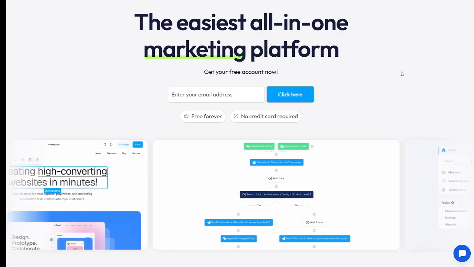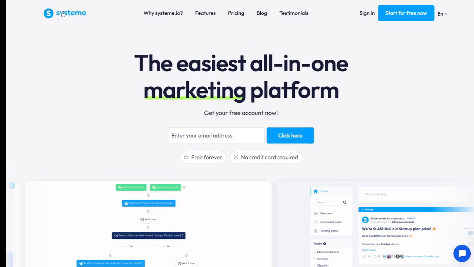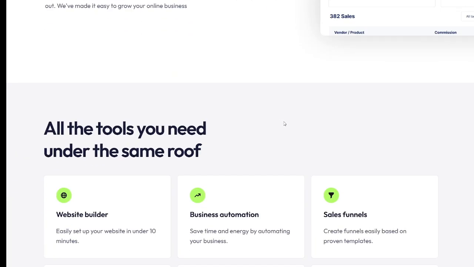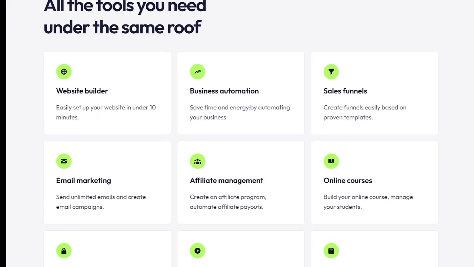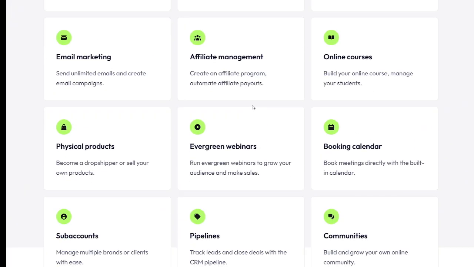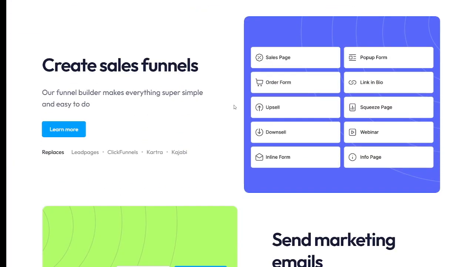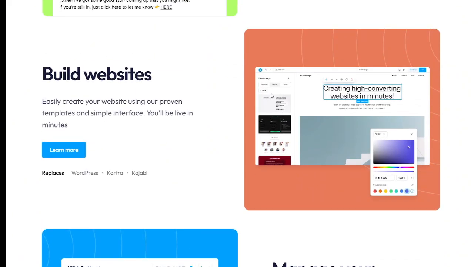Systeme.io positions itself more as an all-in-one marketing platform for small businesses and solopreneurs. You get funnel builder features like landing pages and checkout flows, but also email marketing, automation, affiliate management, and membership sites, all within a simpler interface and more affordable pricing. For many small businesses who are starting out and need one tool rather than five, Systeme.io can feel like better